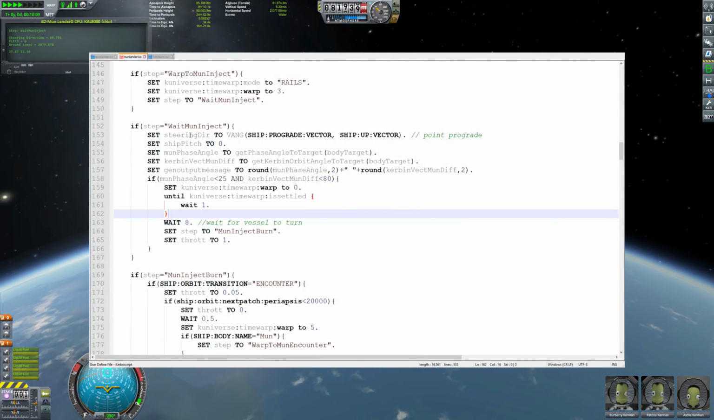Basically what's happening here is I'm doing a bunch of vector calculations to figure out when our phase angle is correct to begin our burn. There's probably a better way to do this. What I'm doing here is calculating the phase angle to the moon based on where we're currently at around our orbit, and I'm doing this interesting weird moon difference calculation which tries to figure out if I'm coming towards the target or not. There's probably a better way to do that, but as soon as we determine that the phase